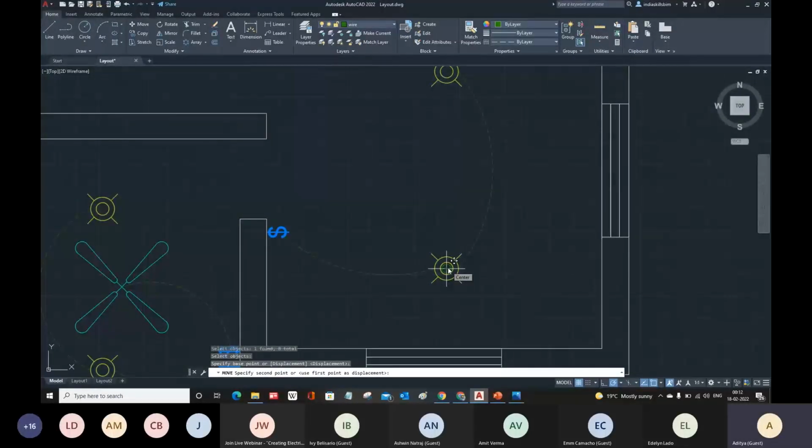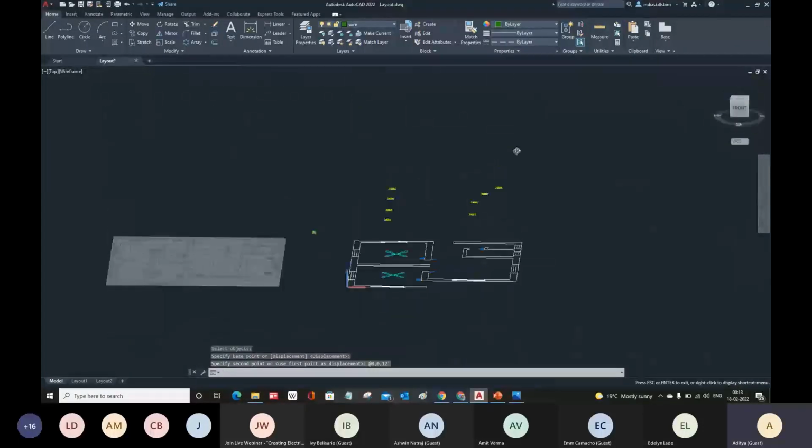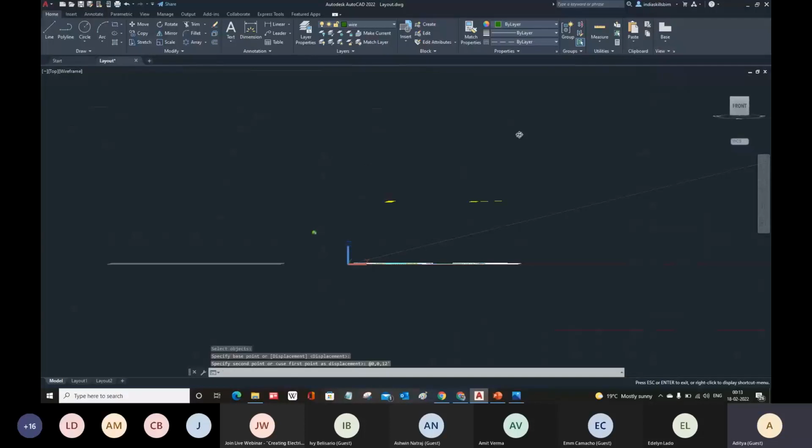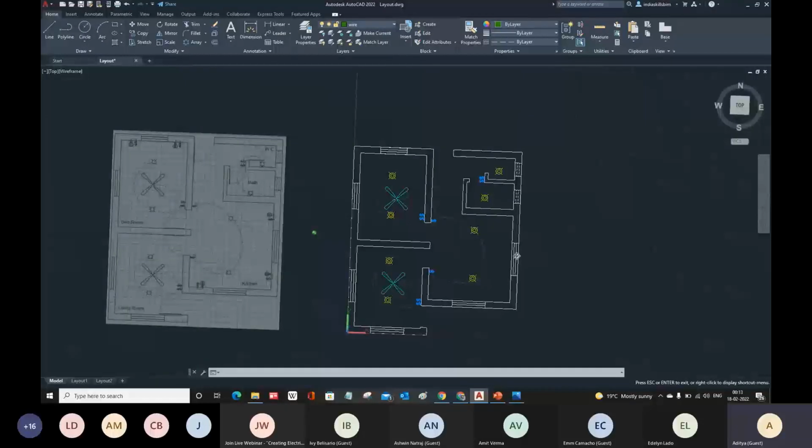I want to move it with 0 in X, I'm not going to move it anywhere. Instead of making it directly 0, use the relative coordinate system, 0, comma, 0, comma, and in Z direction. So in Z, I want to specify some height, let's say 12 feet. Enter. These items have been moved with some Z factor. You can see when you are orbiting your model, you will find their elevation, right? But in top view, it will look like the object is at its actual position, right?